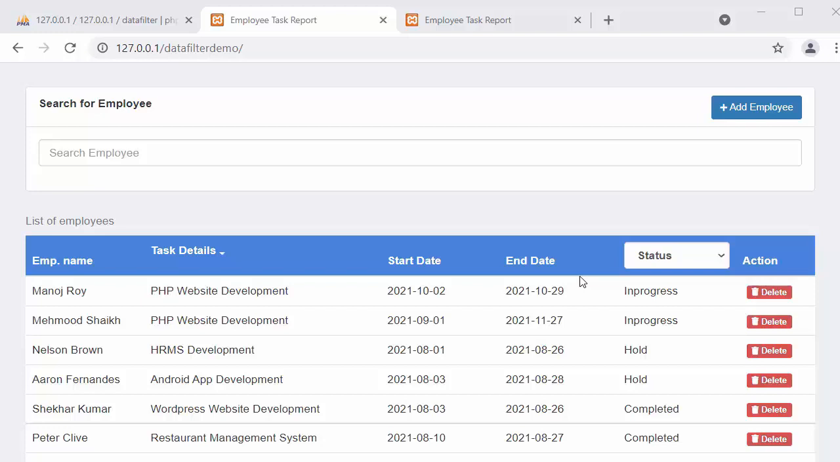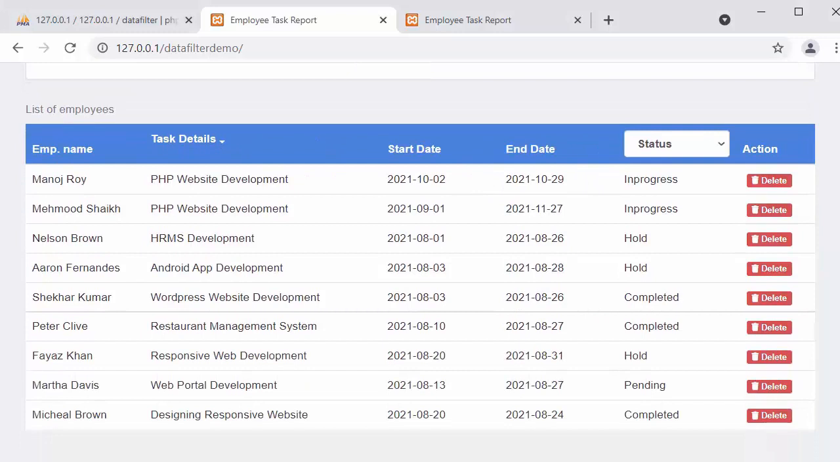Hi everyone, my name is Mahmoud Sheikh and in today's video we will start a new tutorial series using core PHP, MySQL database, AJAX and Bootstrap framework. Okay, in this series we will discuss developing a simple multi-search and multiple filter application. Okay, so here you can see I have already developed this application where at the bottom you will see a